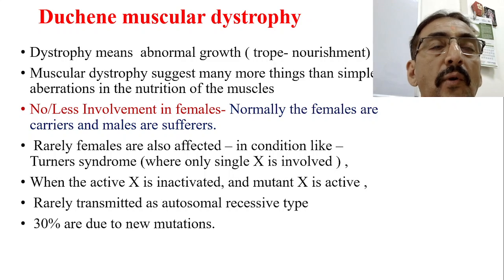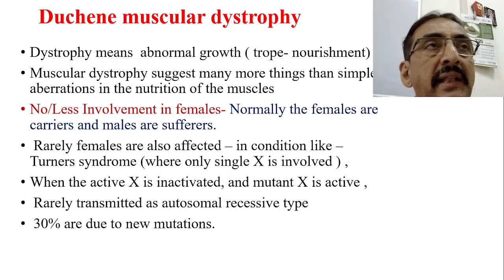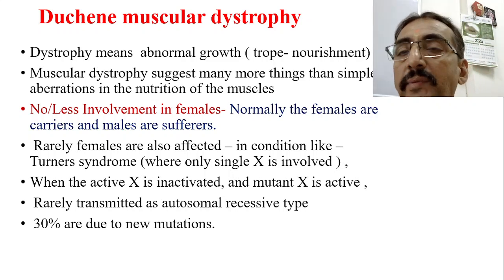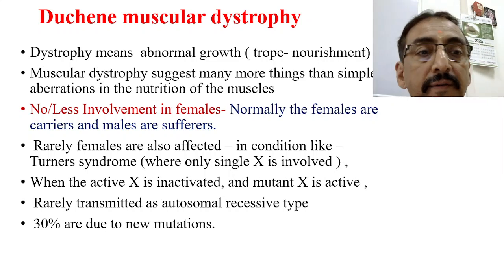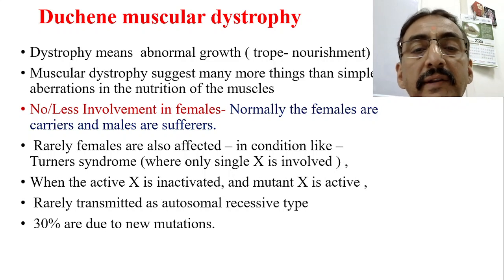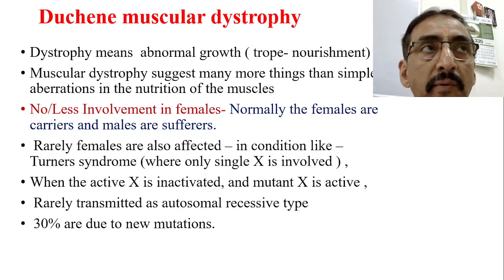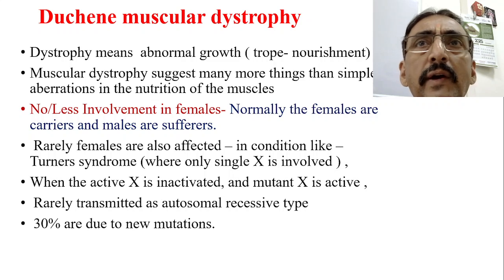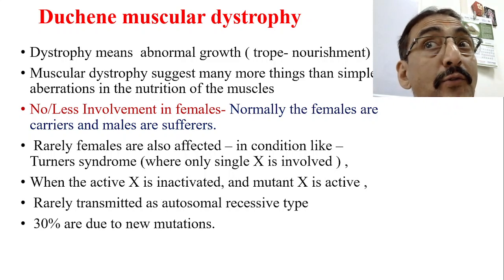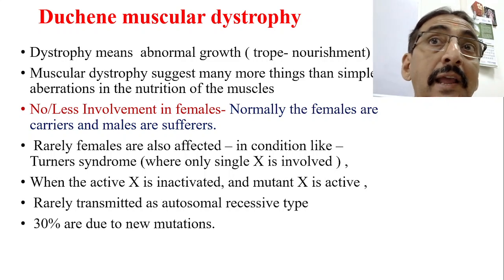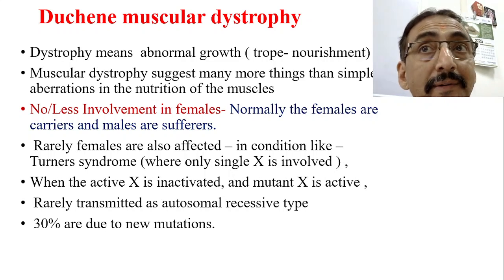There is no or very little involvement in females. I already explained the cause. Normally the females are carriers and males are the sufferers. Of course, sometimes, rarely, females also get affected in conditions like Turner syndrome. Turner syndrome is 45,X0, where there is only one X. Suppose that one X which is present is also mutated and contains the mutant gene for dystrophin. Even a female may then suffer with